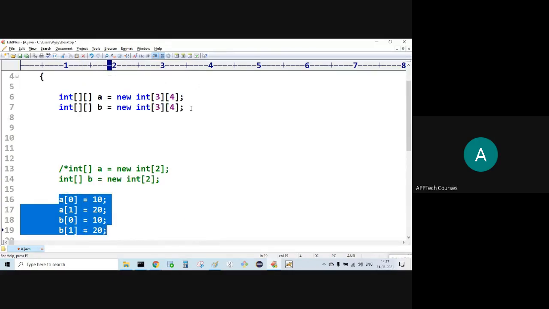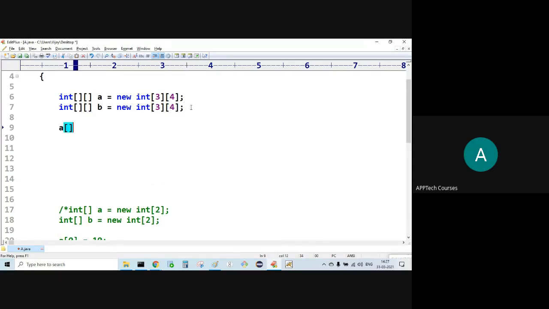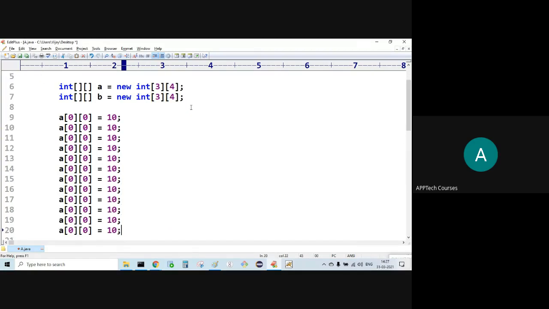We need to initialize. a of 0, 0, the value 10. a of 0, 0, and 0, 3.